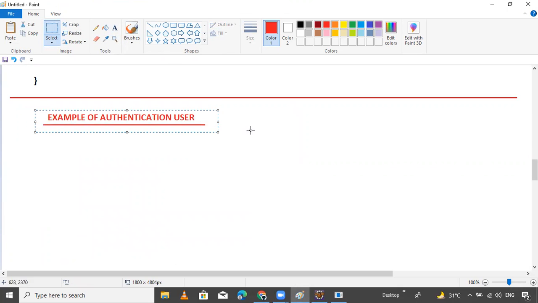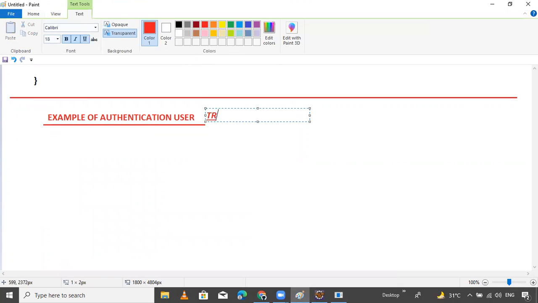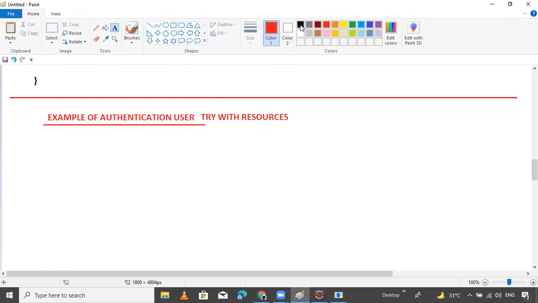Example of authentication user with try with resources. It's just simple. Okay, user try with resources. That's it.